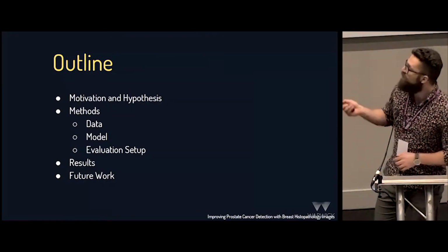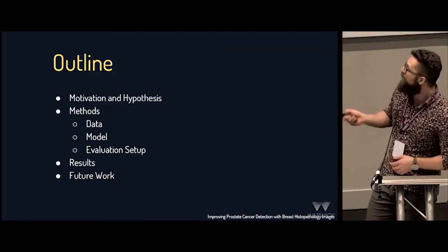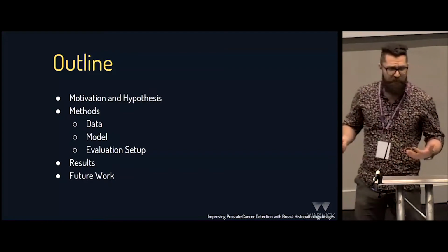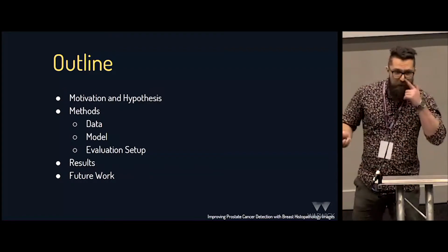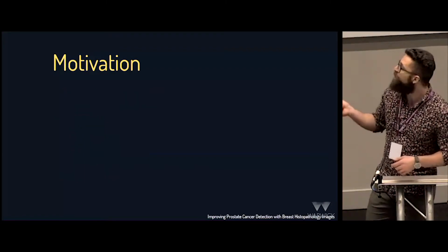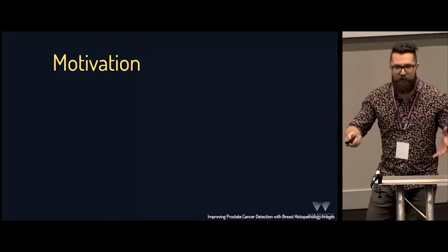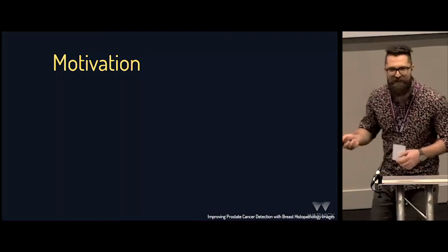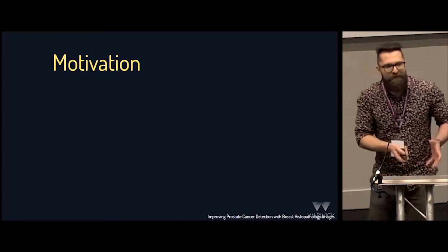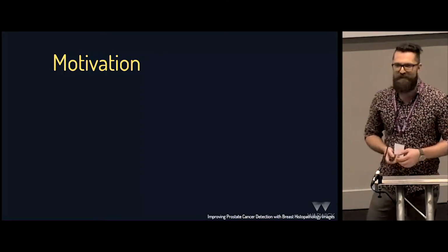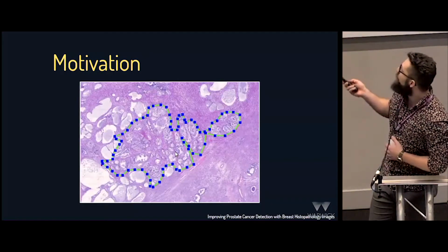All right, my outline will be: I'll talk about our hypothesis and the motivation behind this transfer learning method. We have fairly simple methods from the deep learning or machine learning side, and I will elaborate a bit on future work and our results. So our motivation is that life is too short to annotate lots of whole slide images, and we want to let other people do it and focus on smart algorithms that use those annotated images in a certain domain to improve our domain. So we don't want to do this.